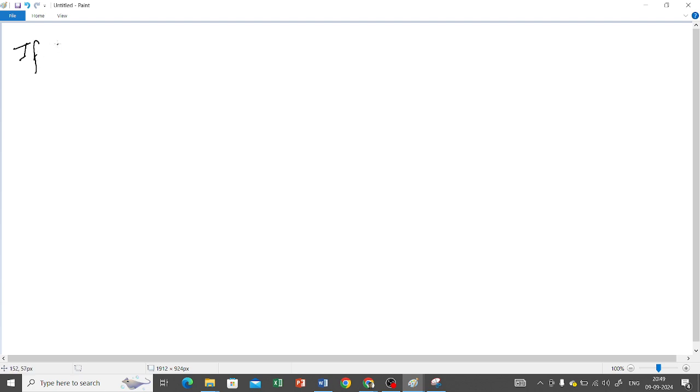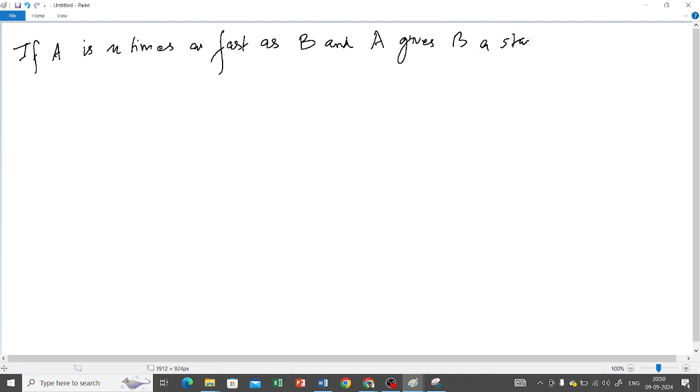If A is n times as fast as B and A gives B a start of x meters, then